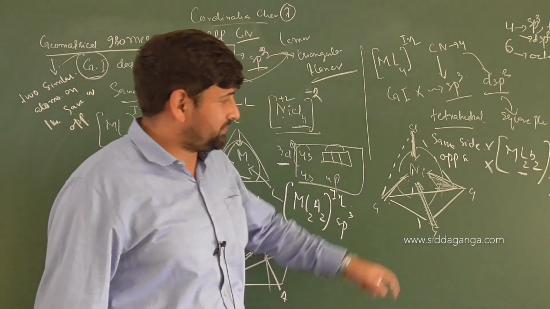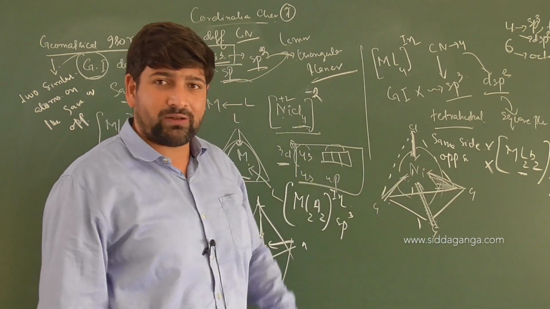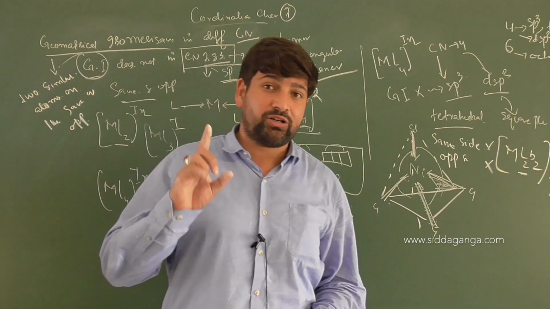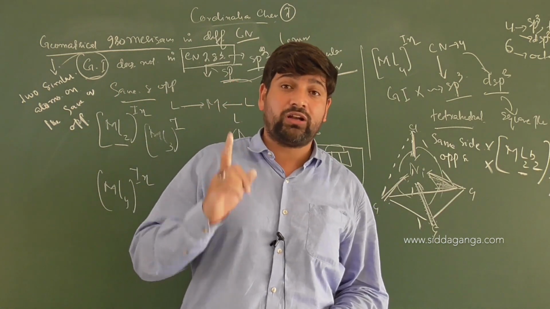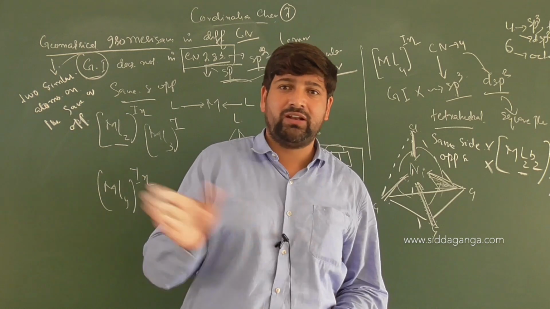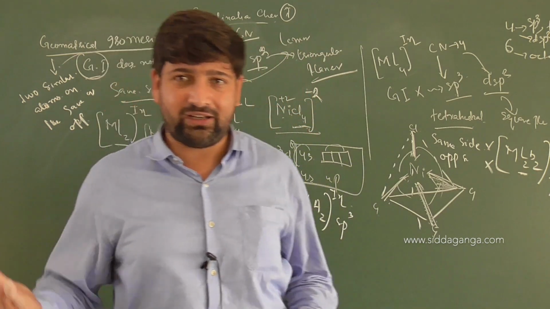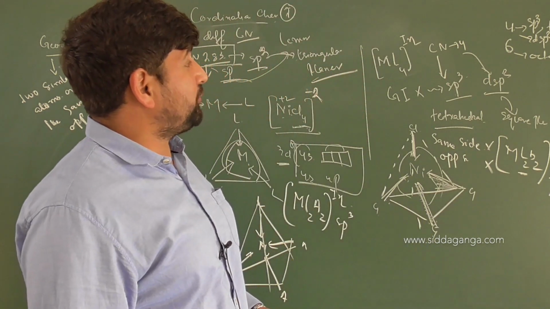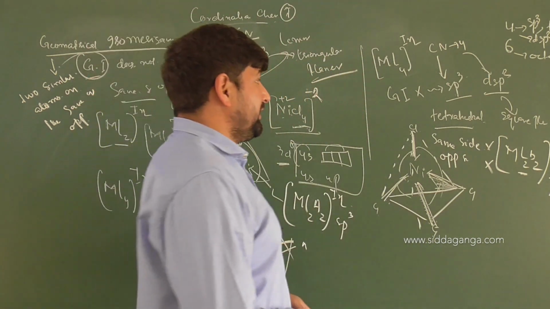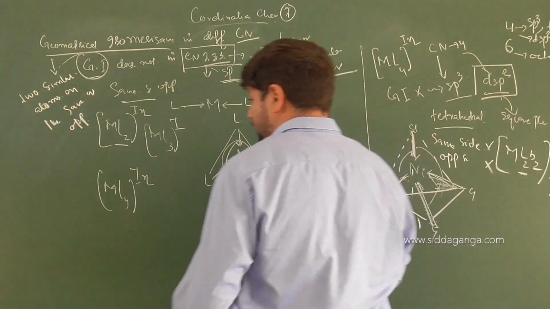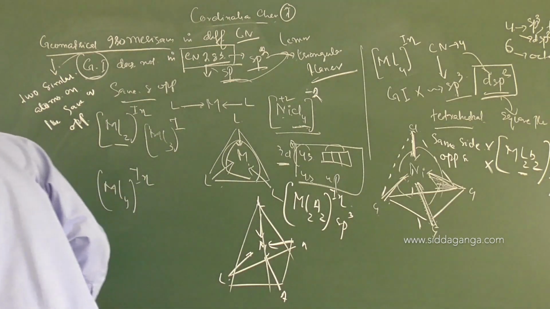So there is no question of being on the same side or opposite side. So there is no question like that existing. So remember, coordination number 2, coordination number 3, and coordination number 4 with sp3 hybridization will not be exhibiting geometrical isomerism at all. Am I clear? So where, then, in coordination number 4 is geometrical isomerism exhibited? It is exhibited in hybridization dsp2 with the shape of that molecule as square planar.